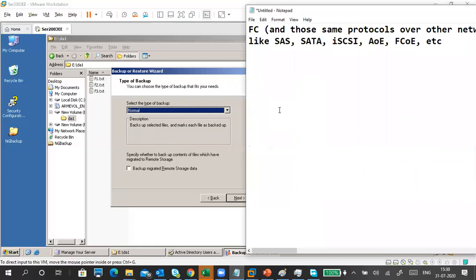What are the types of backup? Normal backup, copy, incremental, differential, daily.